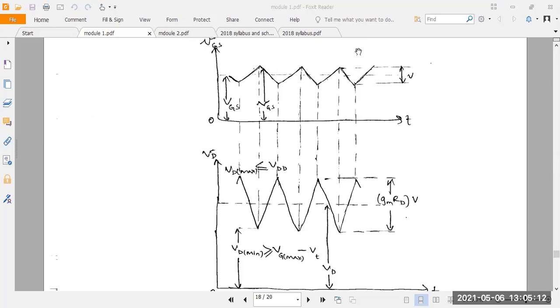After that, they have taken the input and output waveforms of the amplifier. This one is the input small signal. For that, you get a large signal as output from the amplifier. This one is the inverted output. What you got is a large signal across the drain output. That is the inverted output.